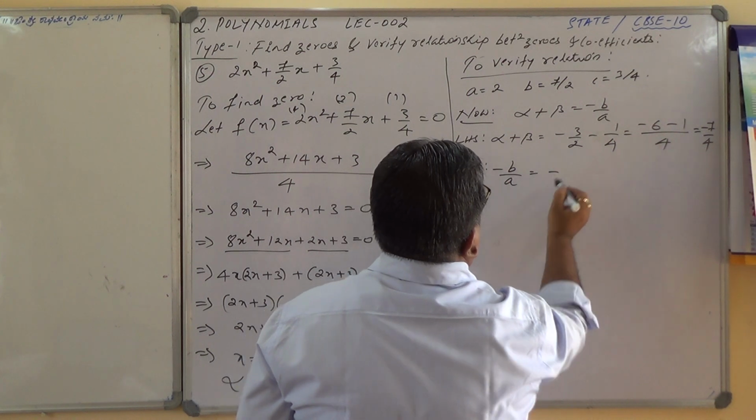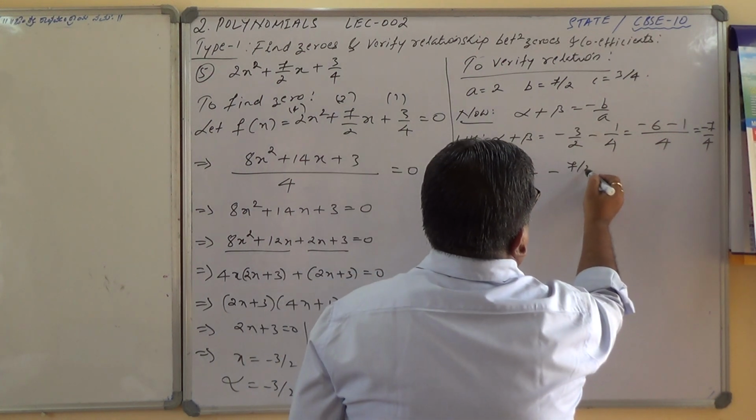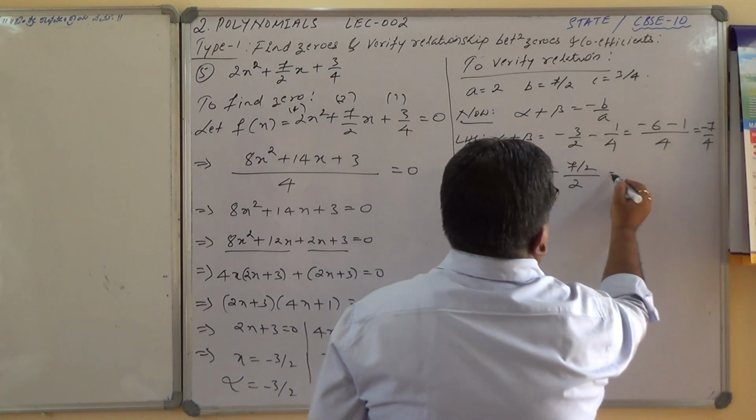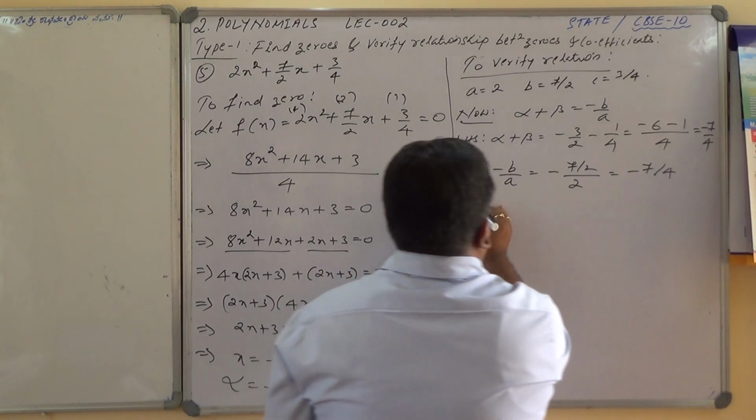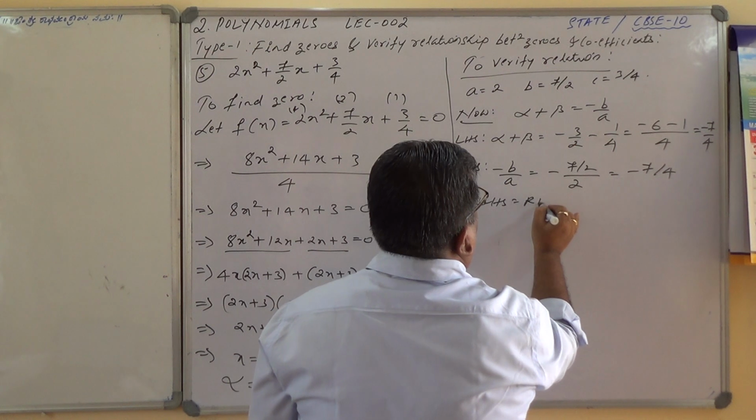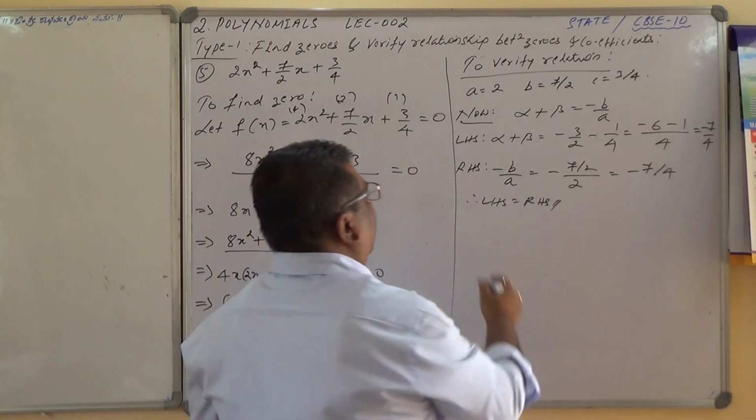Minus b by a equals minus of minus 7 by 2 divided by a, which is 2, which equals minus 7 by 4. And therefore, LHS equals RHS. Isn't it? Now also,